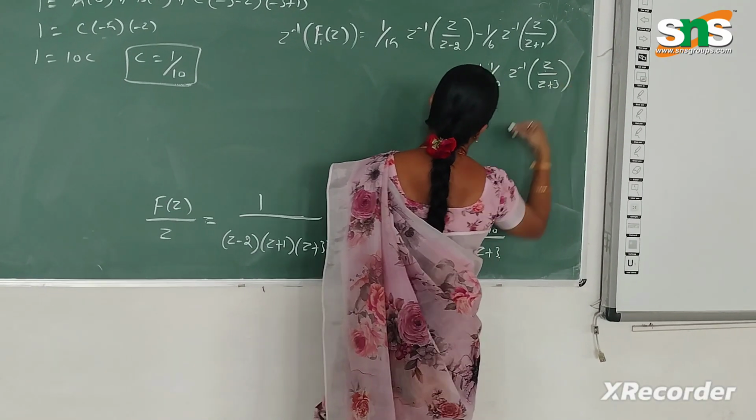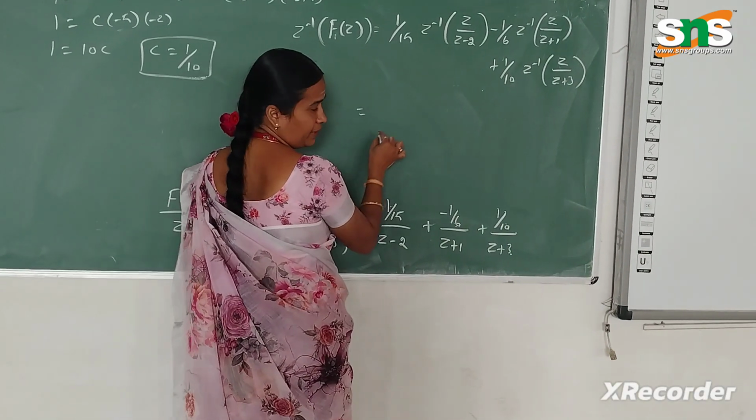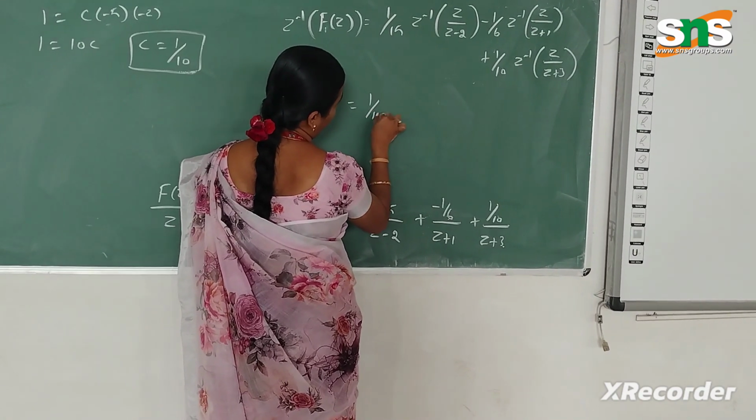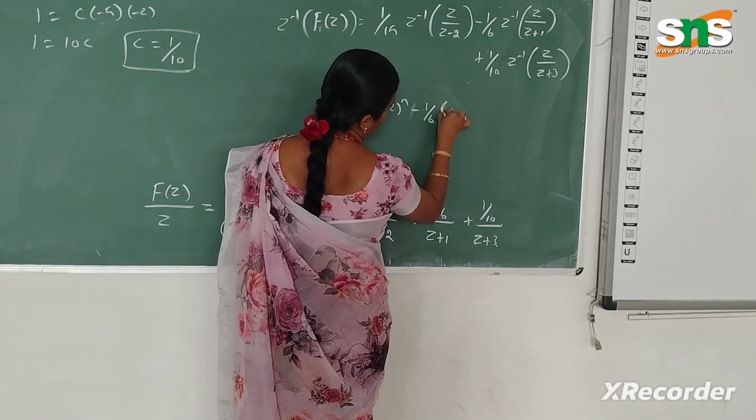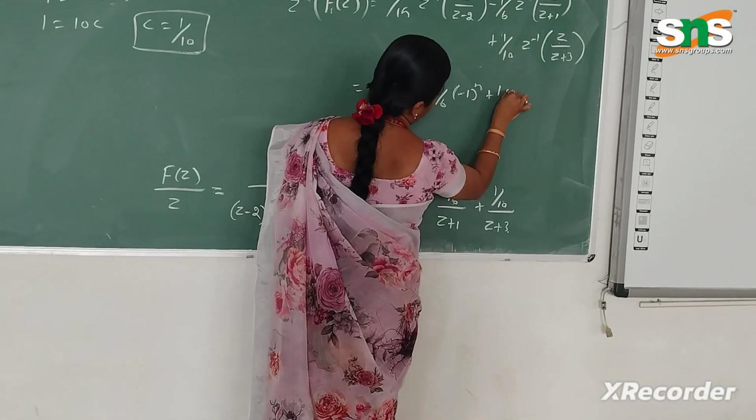So using the Z transform formula, this makes my solution: 1 by 15 into 2 power n minus 1 by 6 into minus 1 power n plus 1 by 10 into